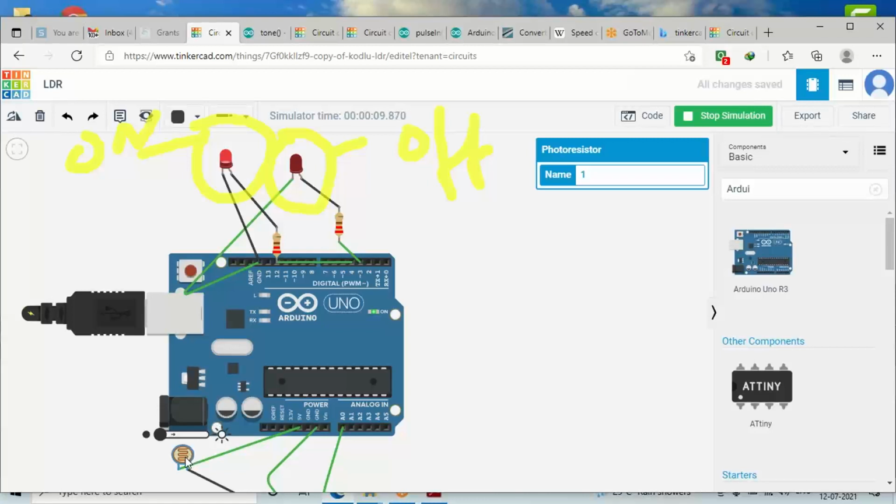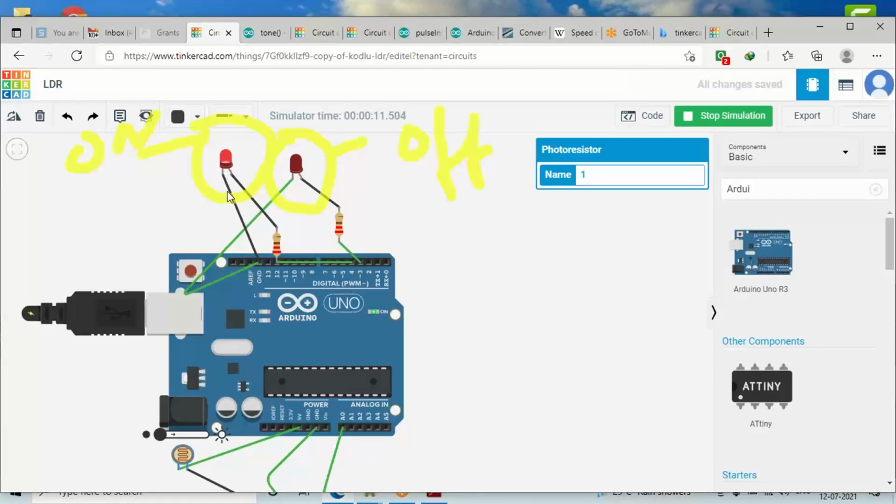In order to make you understand, I have taken two LED bulbs and made them in such a way that if it is night time, the pin number 4 LED will be on, and as soon as the daytime approaches, the pin number 3 LED will be switched on and the pin number 4 LED will be turned off.